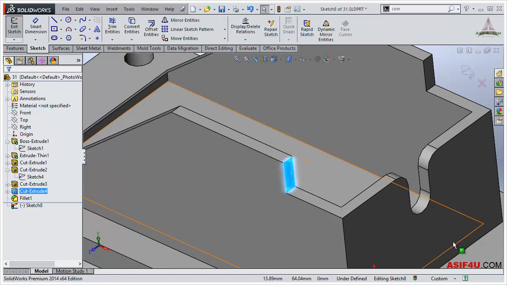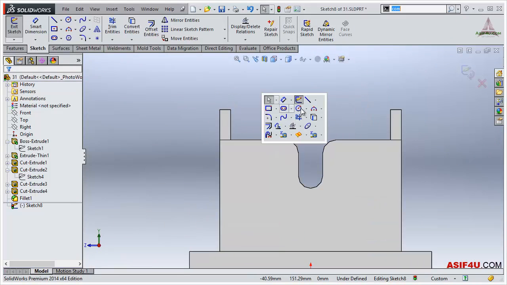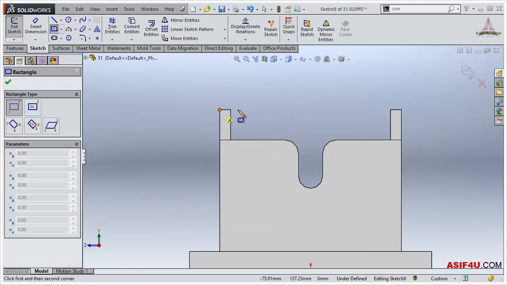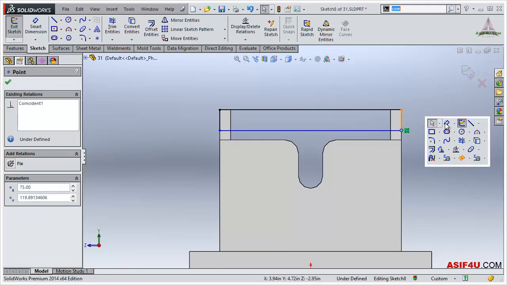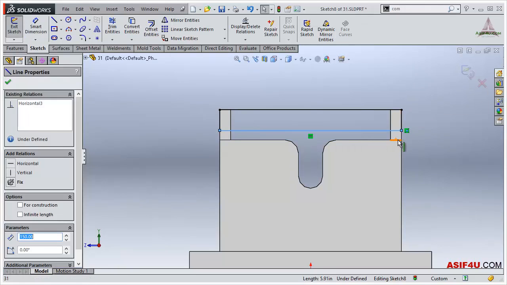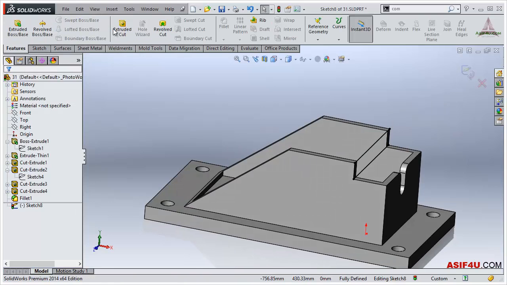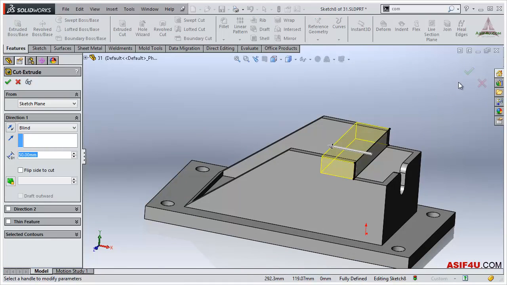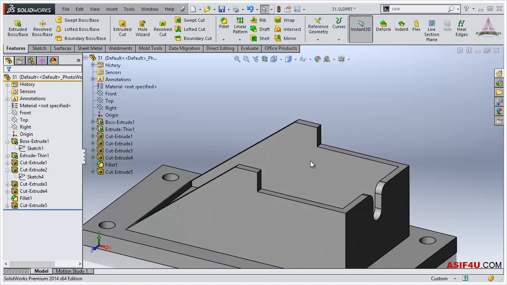I can do one thing. I can go to this edge, this surface, and I can create another sketch here, and I can extrude cut, maybe up to this point. But is it really a good approach? No, because